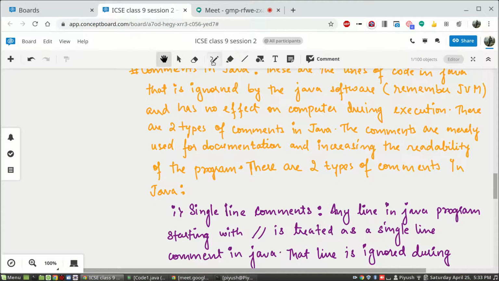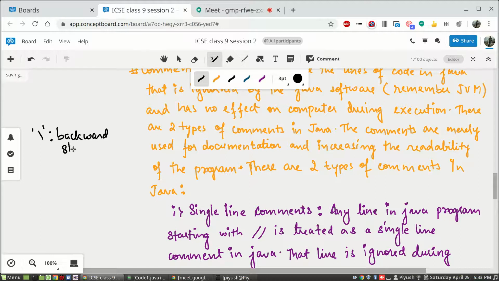One is backward slash, and this is forward slash.